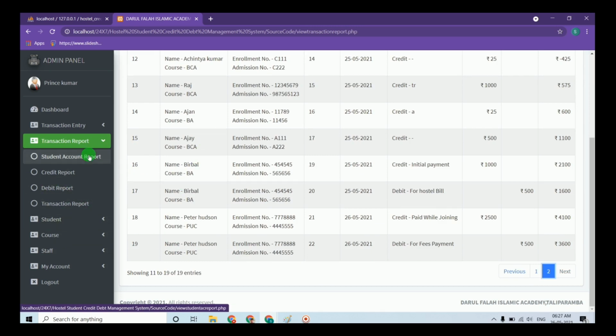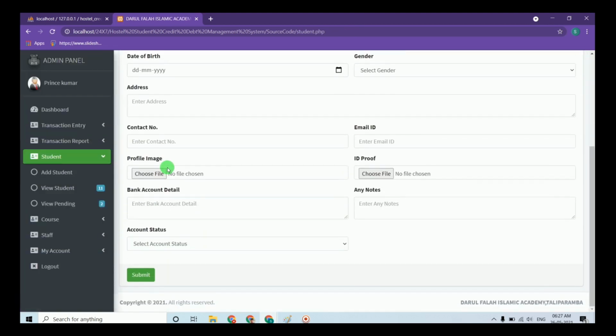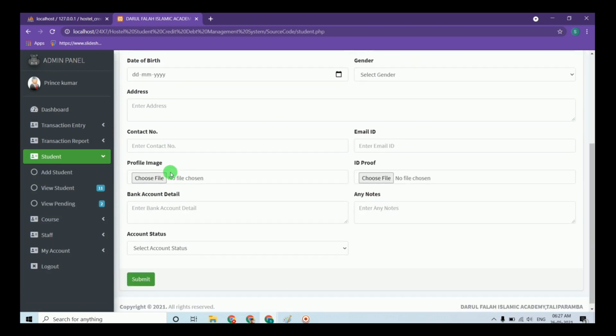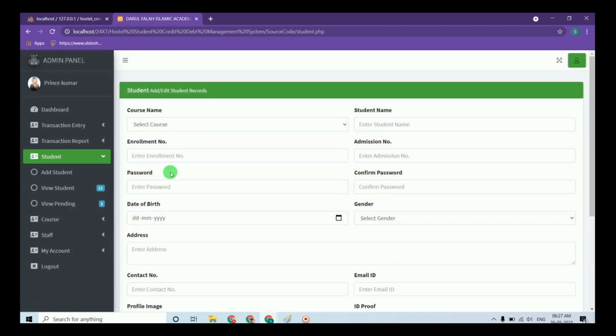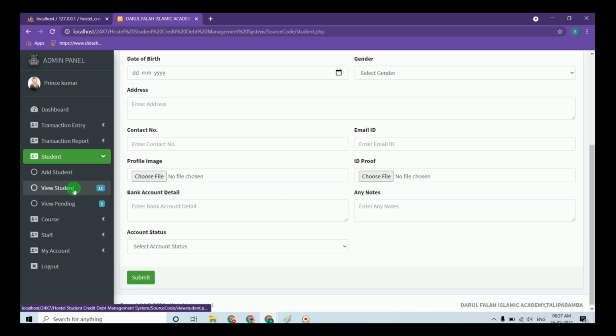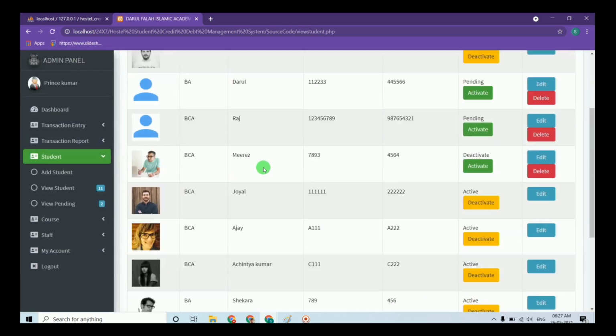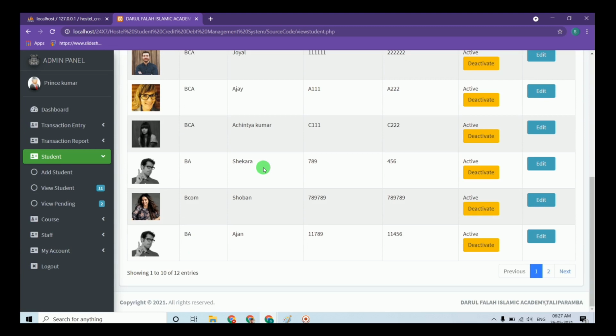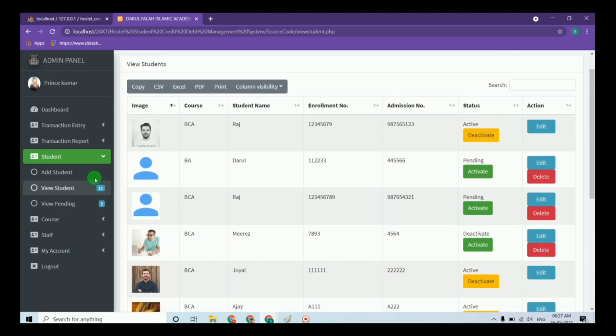In the student panel, under add students, this is available for the admin or the staff to add the students by themselves. That is, if any of the students is not registered, then the staff or the admin can make the registration or create the account for those particular students. At the time of registration, the student will enter only a few details, but when the staff or the admin creates the account, they have to enter all the student details. So this is where they can view all the students.